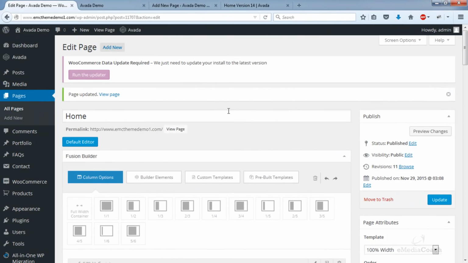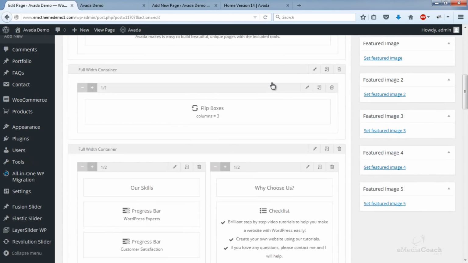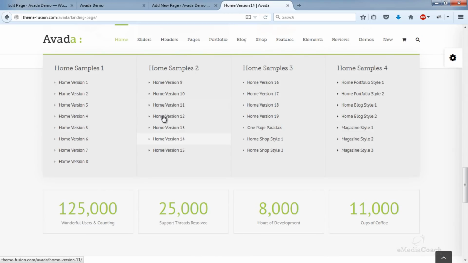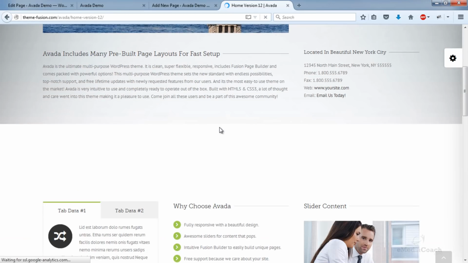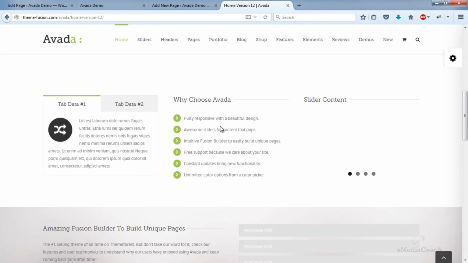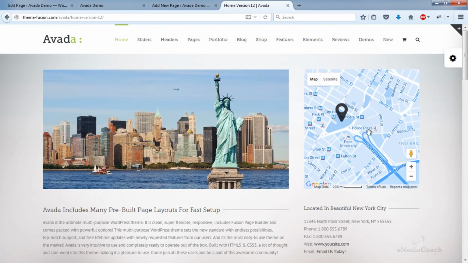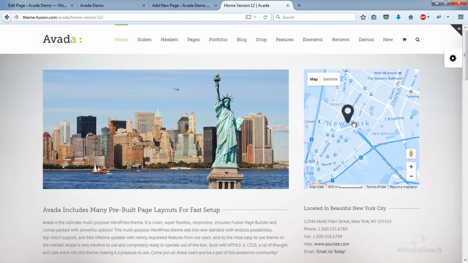Okay, next, I want to insert a map on our page. Now, I'm pretty sure there is a map in homepage version 12. Oh, there it is. Okay, so I want to do precisely the same thing here. Have a map with the business location.